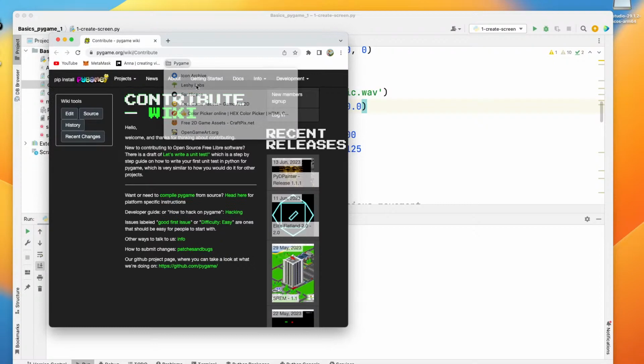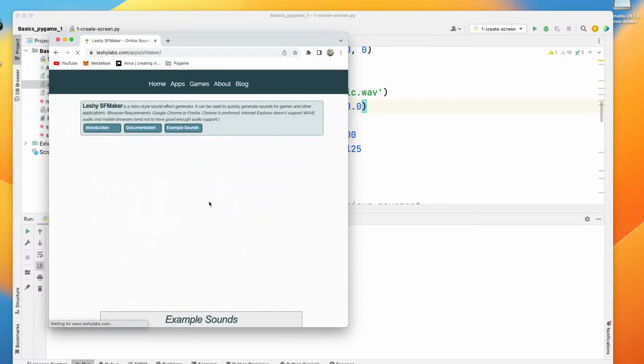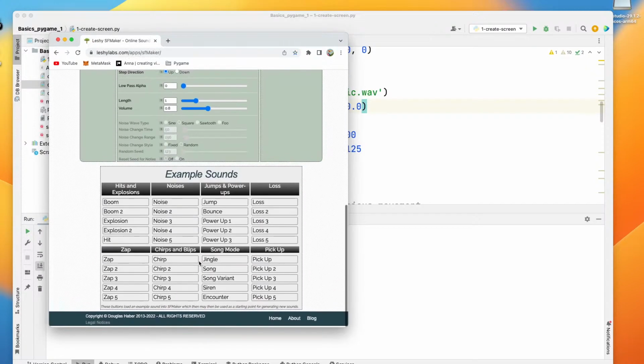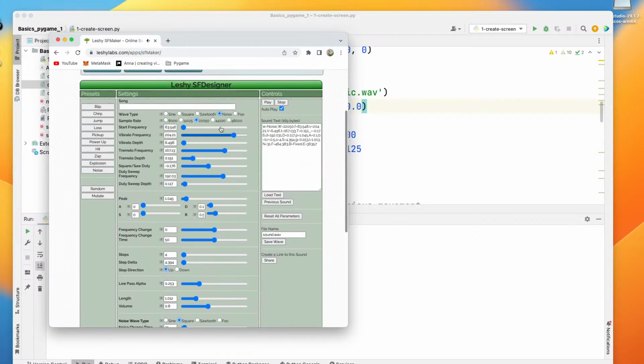That is Flash Labs. Just use this one if you need sound effects, for example, boom, to explode, or create your own sound effect manually and save this wave and add this wave to your